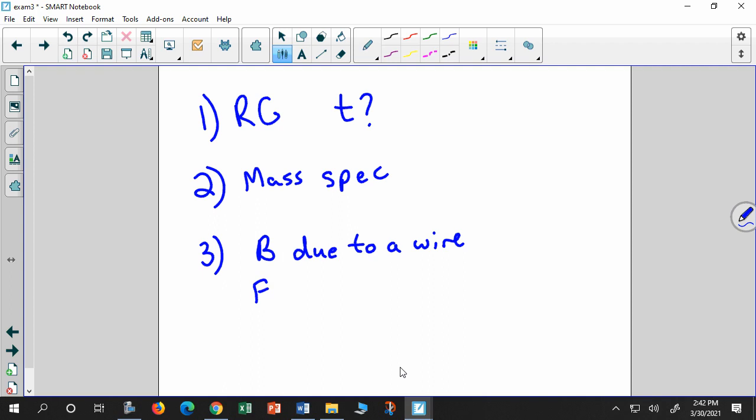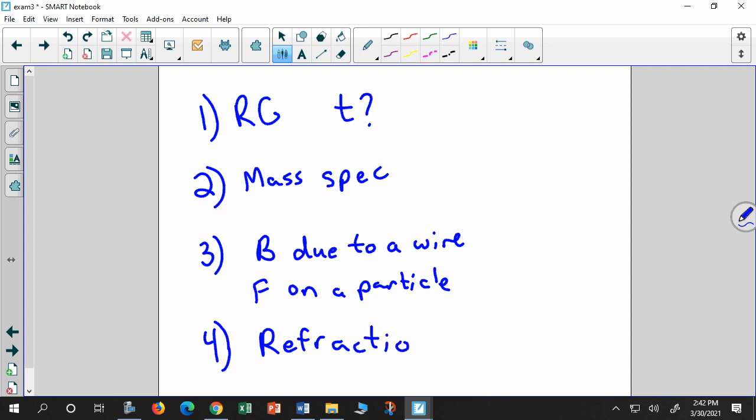And then what is the force on a particle? A 2-part problem. I'll show you that example. And the fourth thing that you'll see is a refraction problem. I've already told you this. I'm going to give you